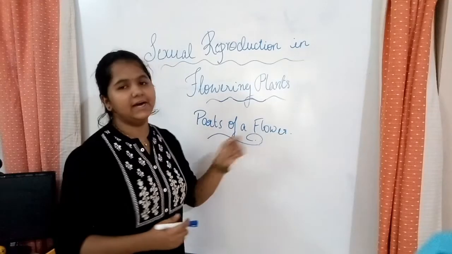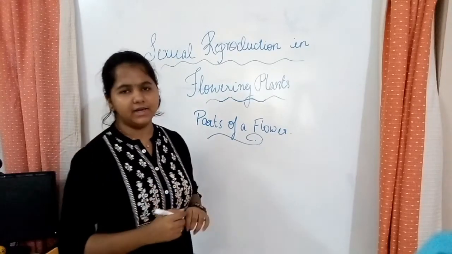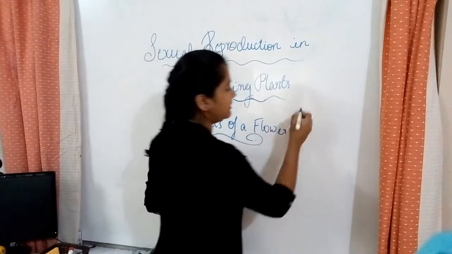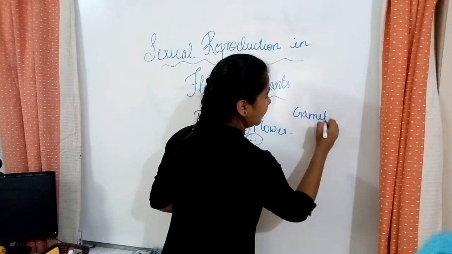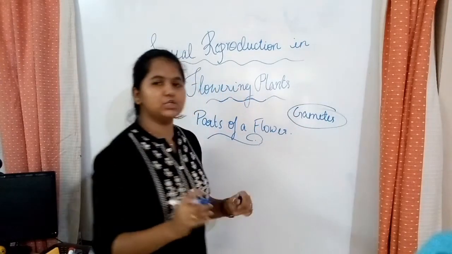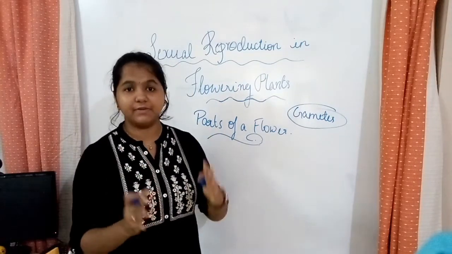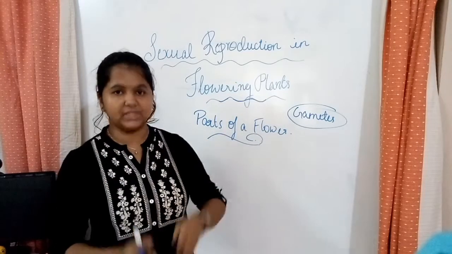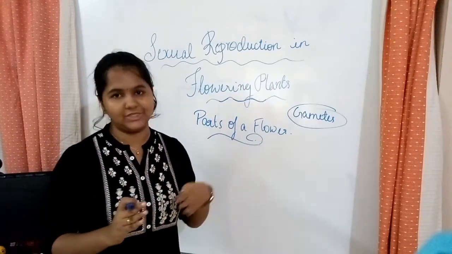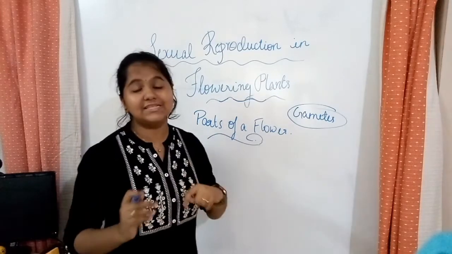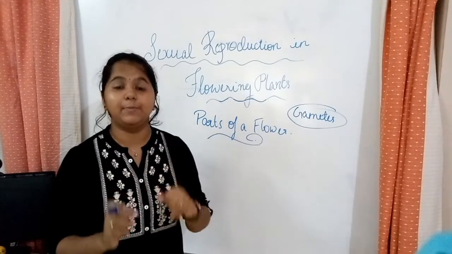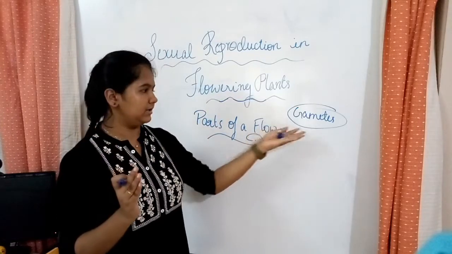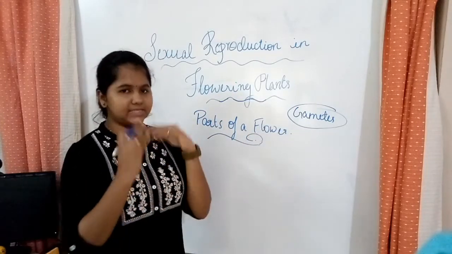Now we'll discuss the parts of a flower. For a flower to have sexual reproduction, what should be there? There should be gametes. We learned about gametes. So for sexual reproduction there should be two gametes. We learned in the previous chapter about both gametes coming together in one flower, or single gametes, monoecious and dioecious. In the same way, now let's learn the parts of a flower with the help of a hibiscus, where both the gametes are inside. So this is the picture.